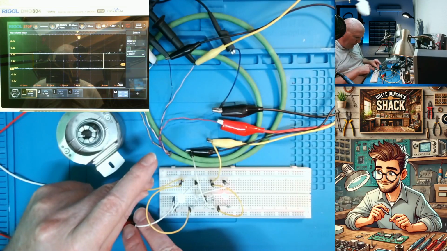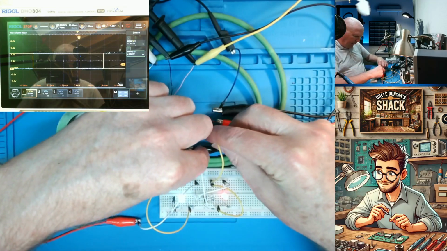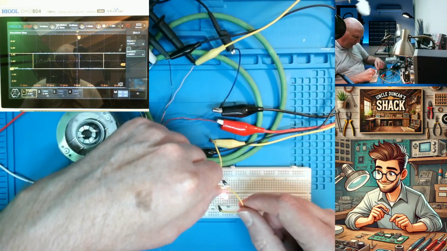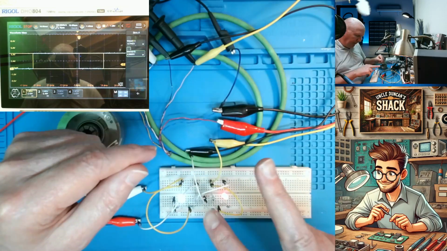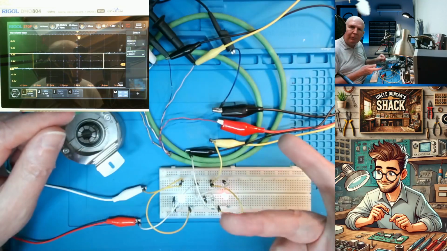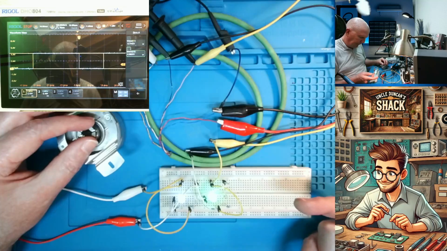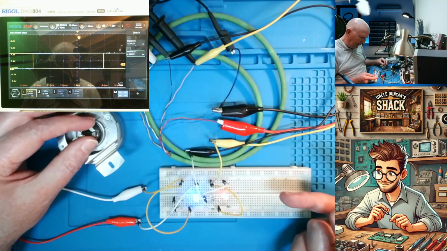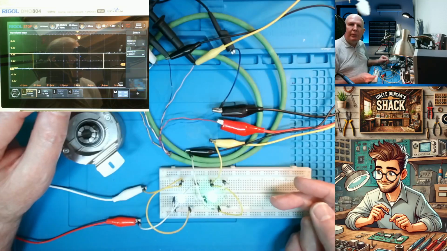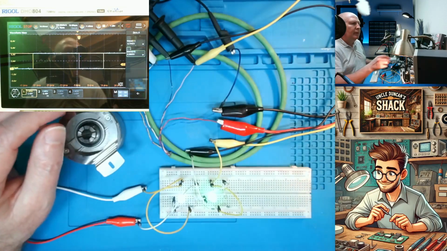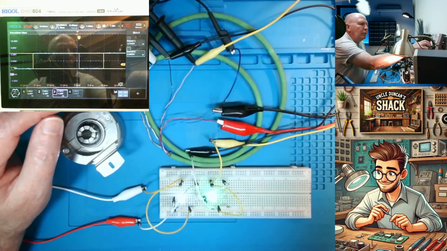And then this is one channel. That's my other channel over there. And there's the crossover wires where I've connected the LEDs back to back across the channel. Okay? So you can see the polarity changing. And that's how an RS485 signal works. Alright? So what you're wanting to do